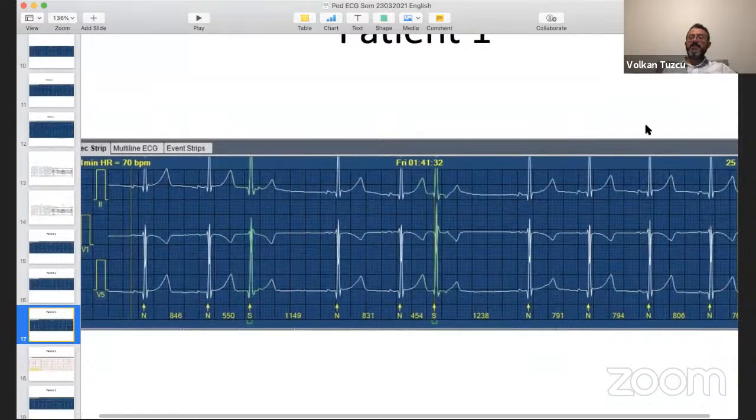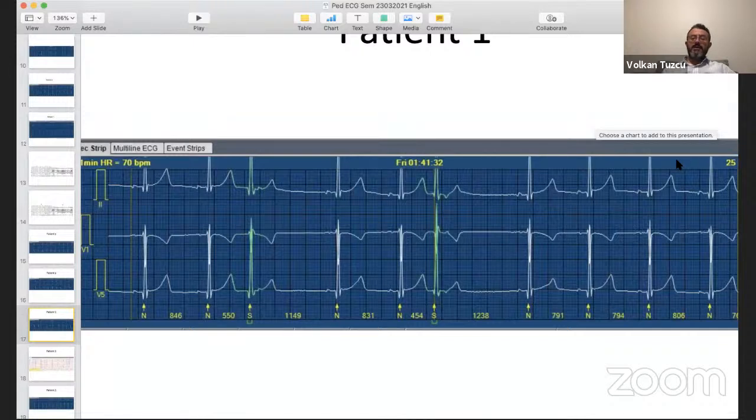This one doesn't have a pacemaker. Okay, let's see what you think. All right, any comments? PACs, some people say PACs. PJC is another comment. PJC, what is left? I mean, PAC in bigeminy, okay. And PVC, okay. I think the other thing left is artifact, right? So you said all. Let's find out which one.